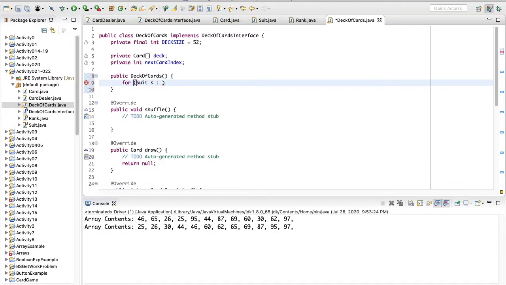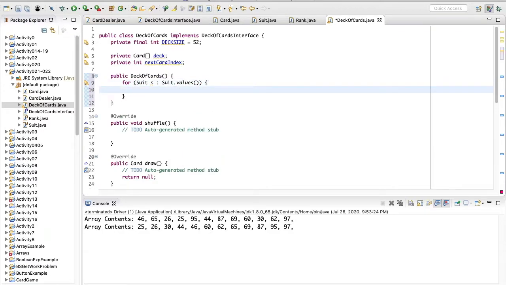I always like doing that. So suit.values gives you an array of all the different suit values. And just the same way,